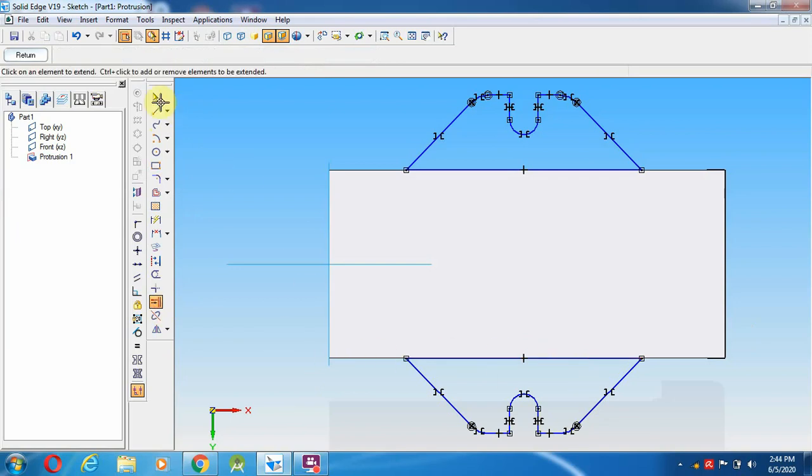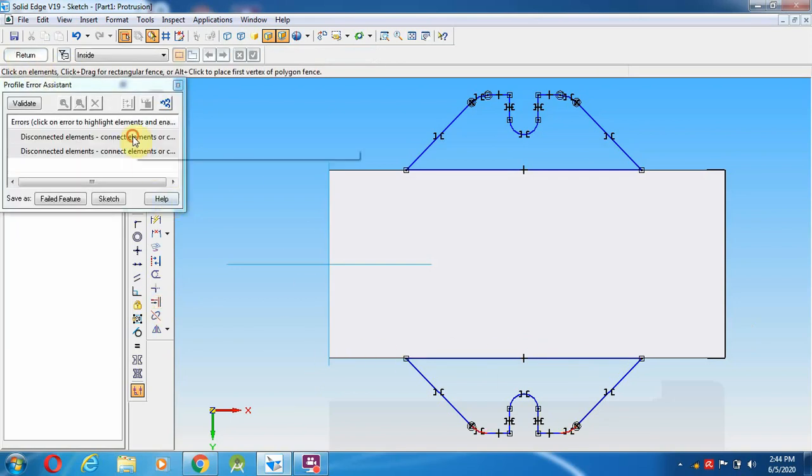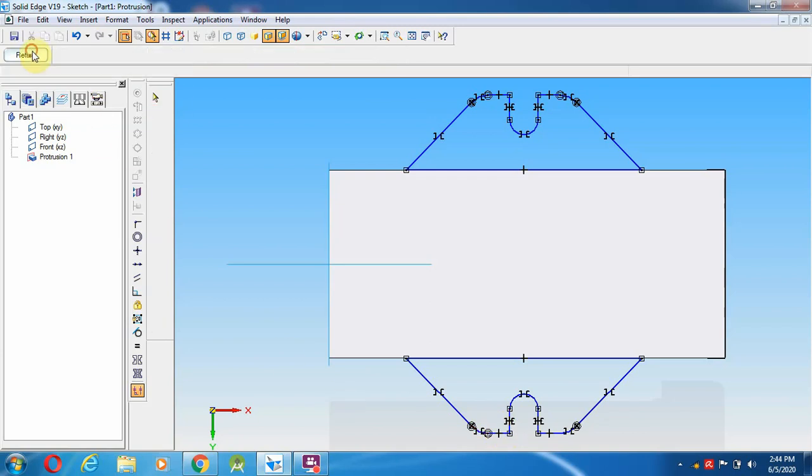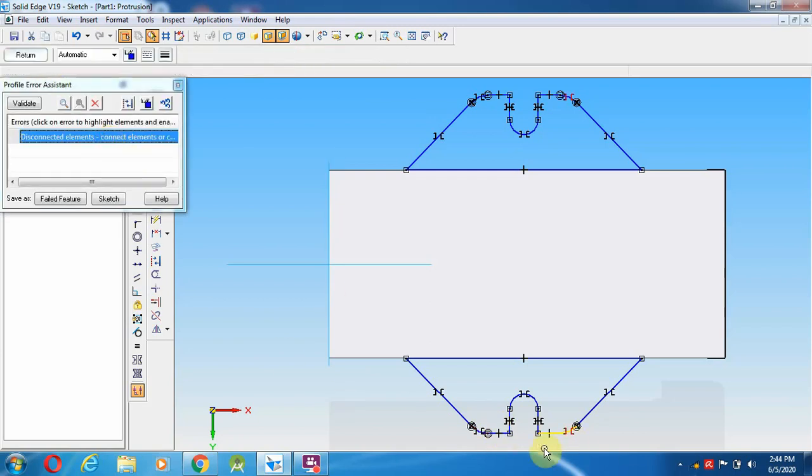Action to next. I am going to give return. So either this line or this line, it creates the problem. So that I am going to delete, and use the line option again from end point to here, join, return. So those things will be rectified.